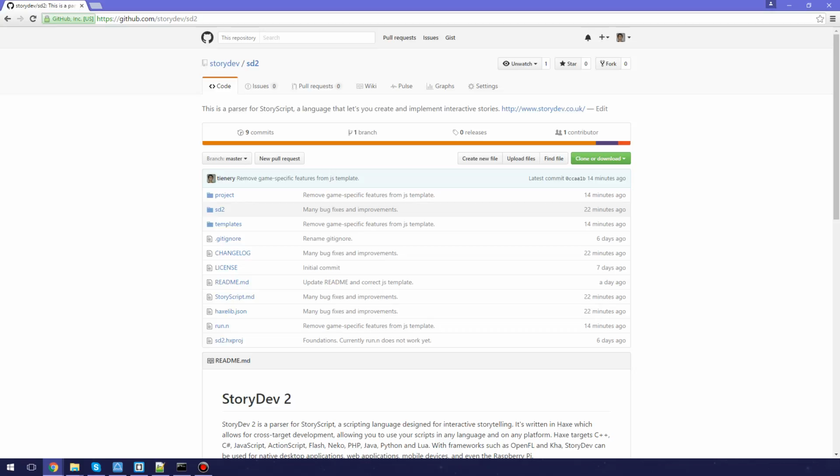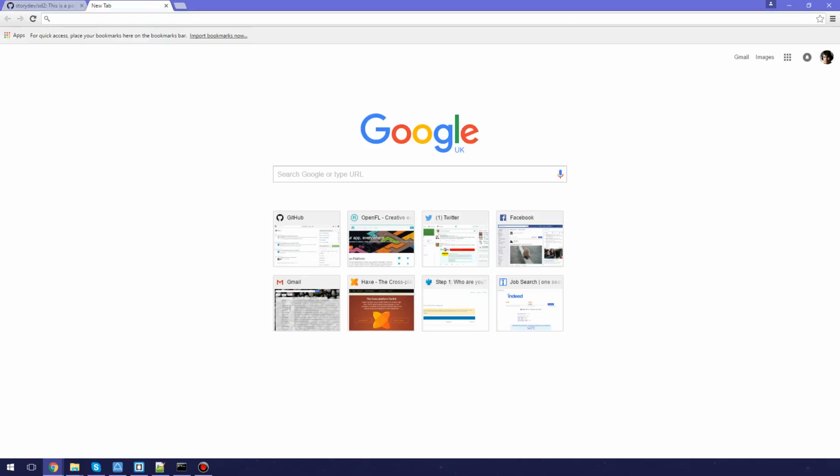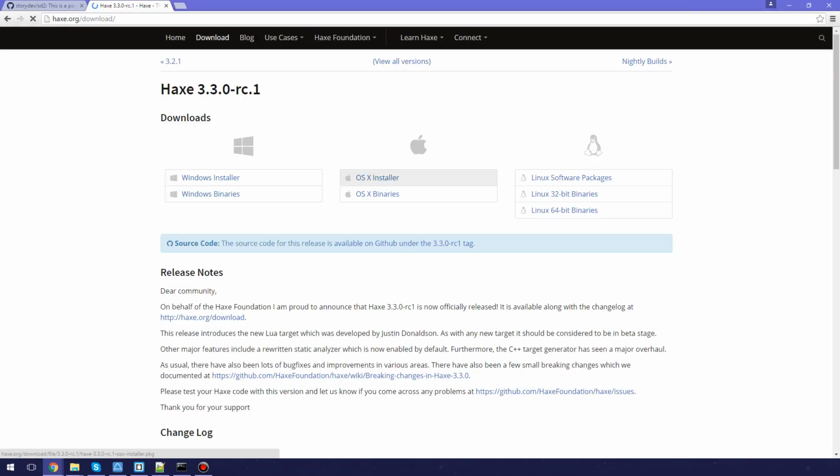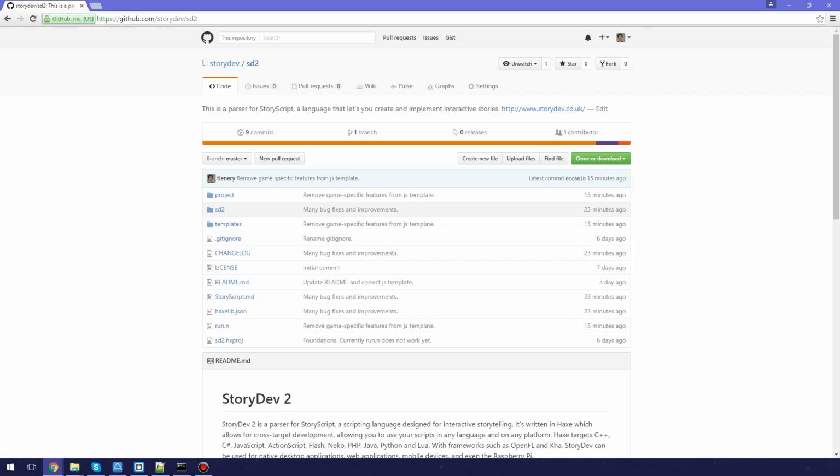If you haven't already, then you probably want to install Hakes if you don't already have it. Hakes is the language that this project uses. So if you go over to hakes.org, which is the official website, you click on download. You download for your operating system and install it. Go through the instructions as required. And once you've done that,